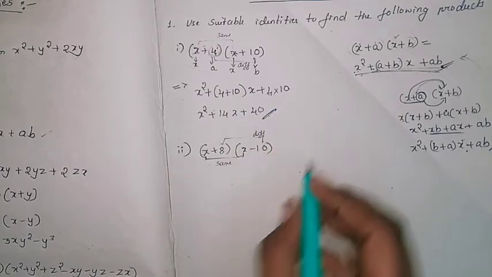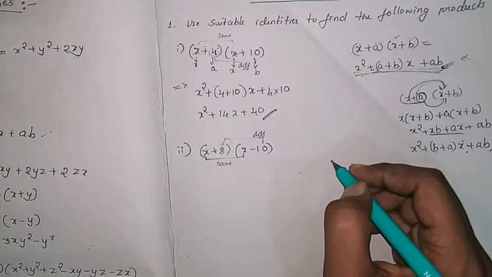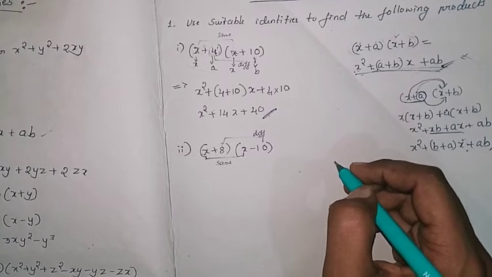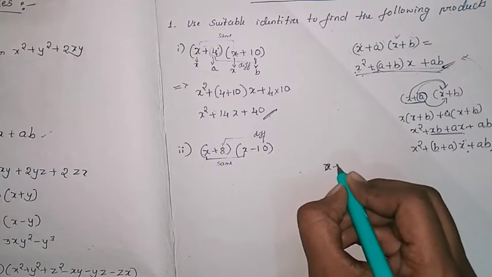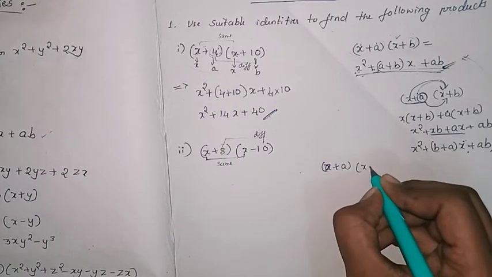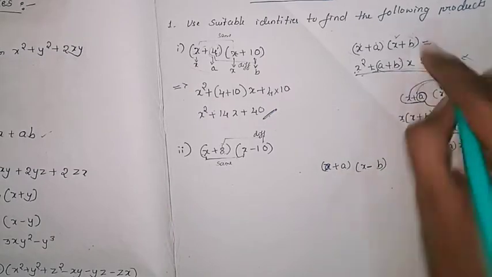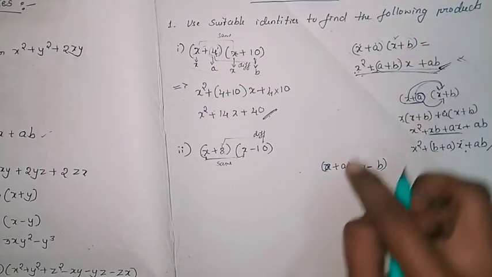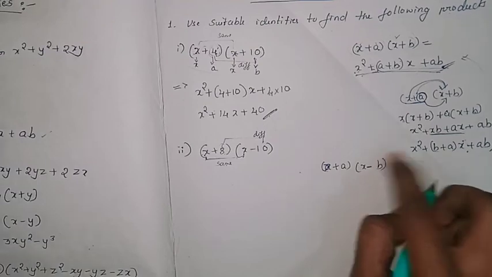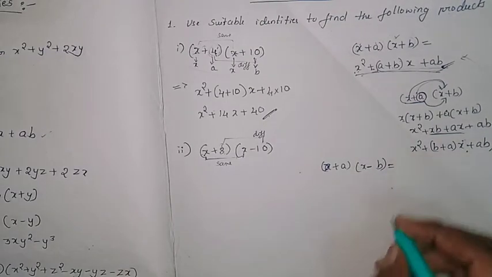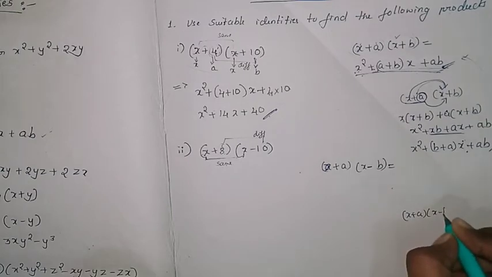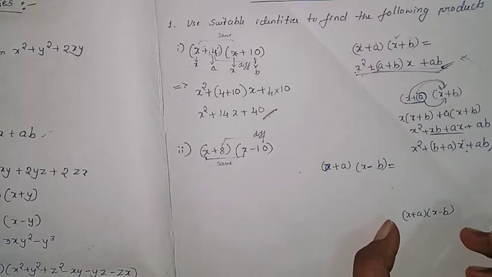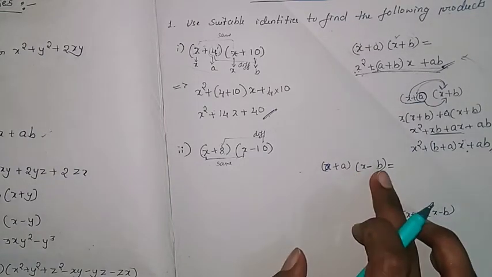Then the formula may be x plus a, x minus b, as these two are different. So x plus a and x minus b. Here it is x plus a, x plus b, but here it is x minus b. That time, the formula, how will it come? For that you have to solve first. So x plus a, x minus b, there are two methods, okay? Either you can remember the formula for this one, especially where x minus b came.